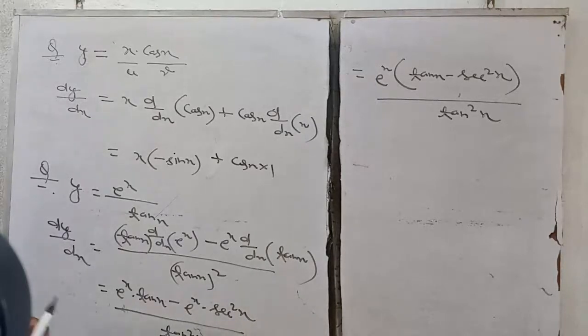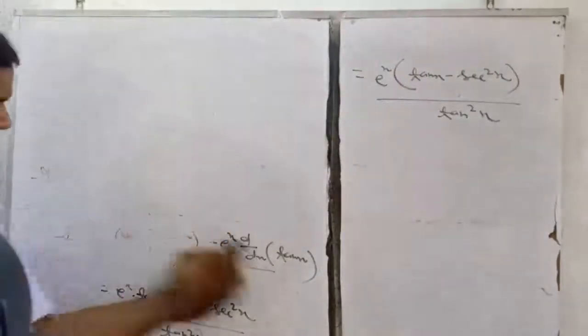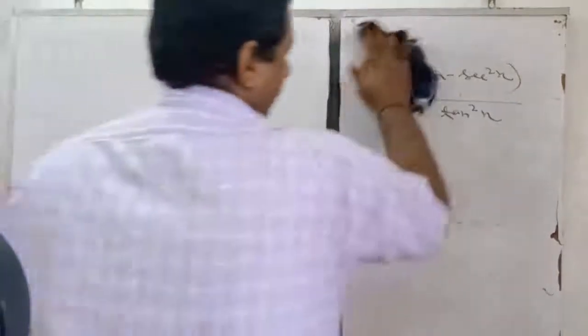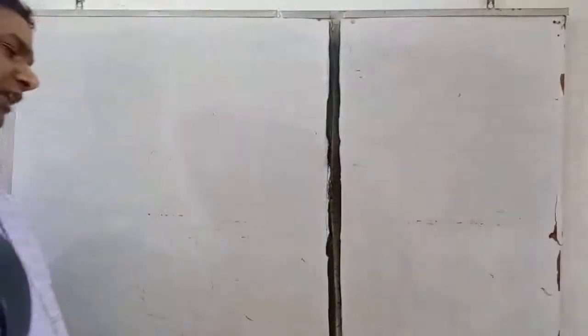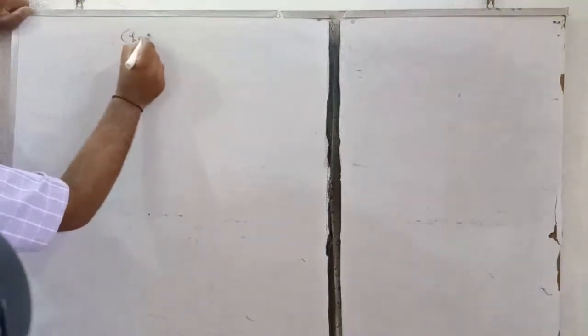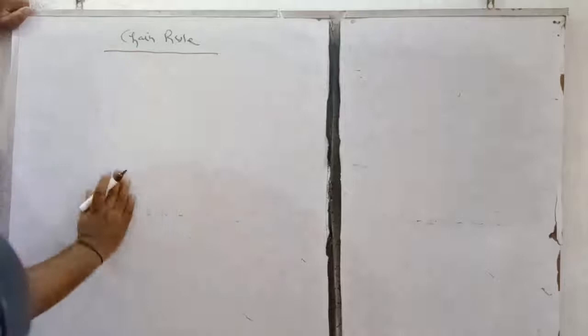But the most important thing is that in this chapter we must understand how the differentiation of chain rule proceeds, because only those questions are going to be asked in the examination. One topic is differentiation from first principle, and the other topic is chain rule. Only these topics are prominent and most important from the differentiation point of view. So based upon chain rule, suppose